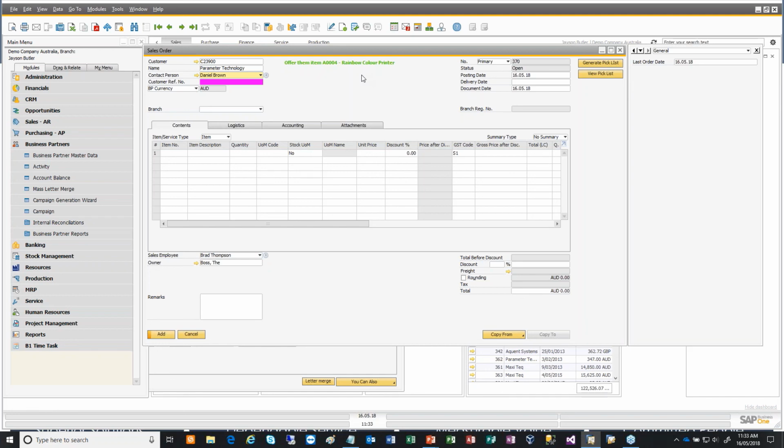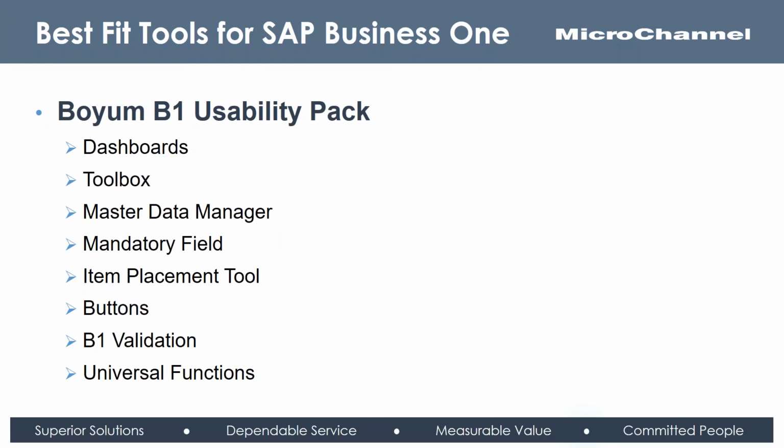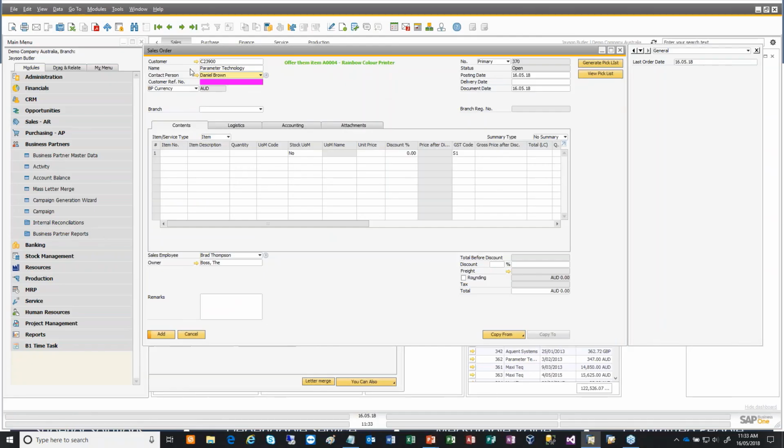The final thing we're going to look at this morning is the actual universal function. Now, we've touched a bit on it in some of the previous examples, and the reason for that is that some of the features we've looked at can use the universal function as a way of achieving what they want to achieve. So what we're going to do is go back to our BP master,